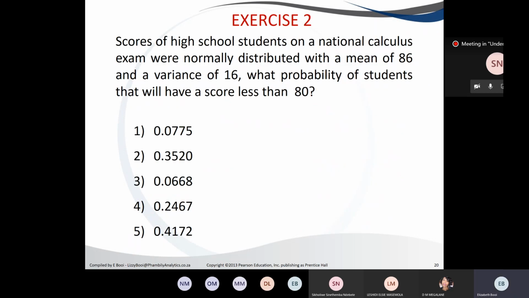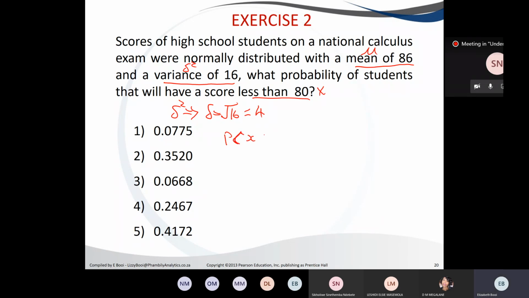Okay, so here is your exercise. And to pay for my sins of not unmuting my mic, I will do this one for you as well. The mean, which is the mu, is 86. We are also given the variance, which is sigma squared. We can find the standard deviation by finding the square root of 16. We've done this before. We know that it is 4. And we can find the probability of z less than, our x is 80. So therefore, probability